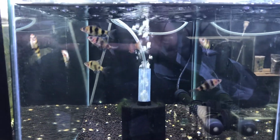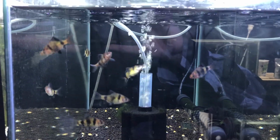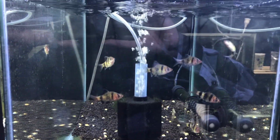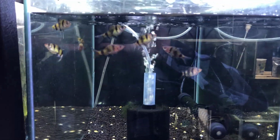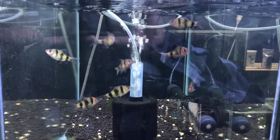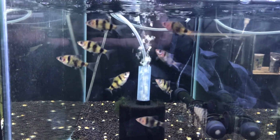So excited to show you guys these as they continue to grow up, and hopefully we'll get them out of the quarantine eventually, and we'll put them in a bigger tank of their own, and we might get some breeding happening out of them. So, never really kept these fish before, so a bit of a new one for me,